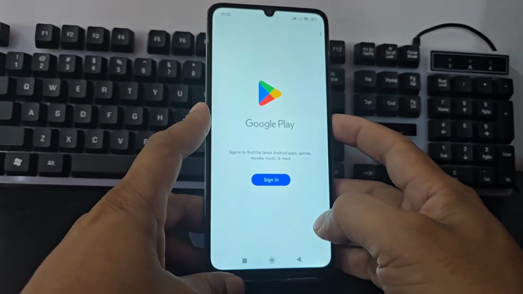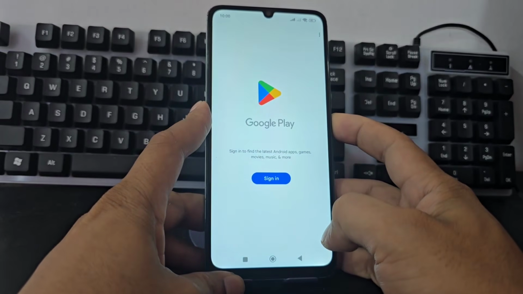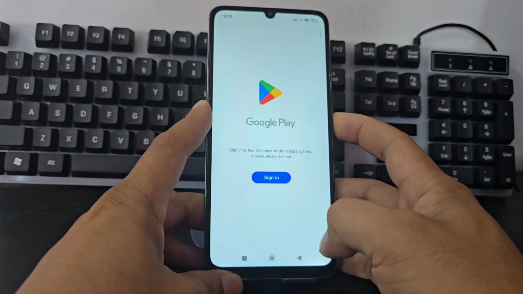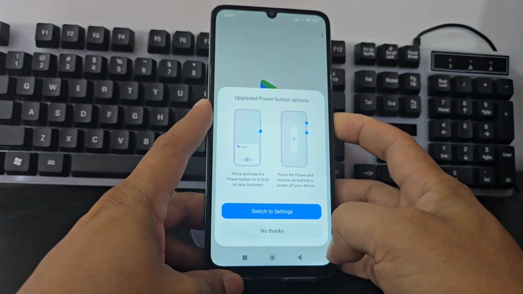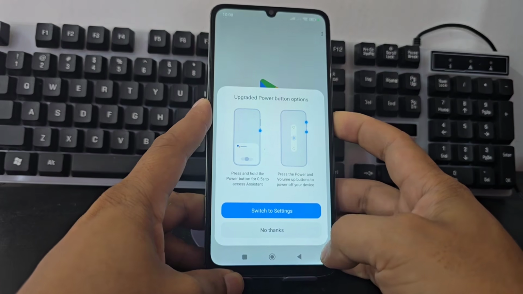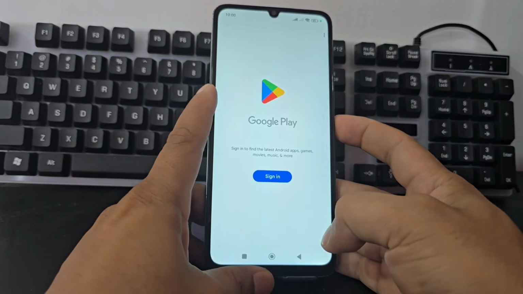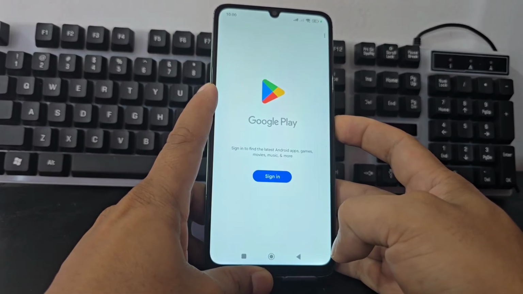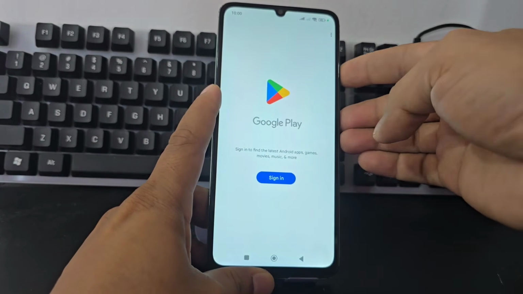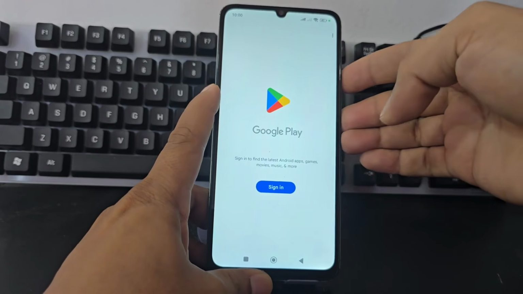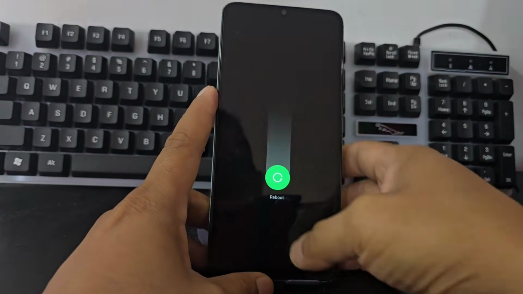Well, then what we are going to do now is restart our phone. We are going to press the power button. Held for about 5 seconds here, it will give us the restart option. We press the power button. Let's see. Well, we are going to press the power volume up to restart it. Now we are going to wait for our phone to restart completely